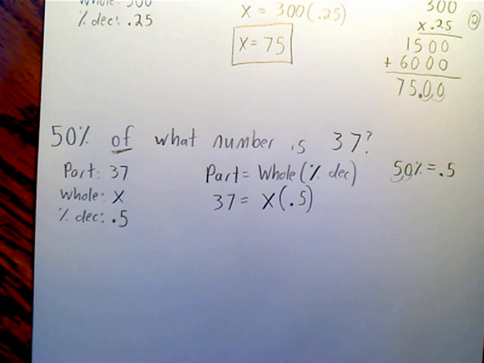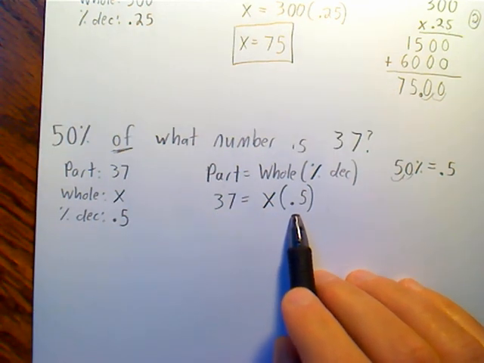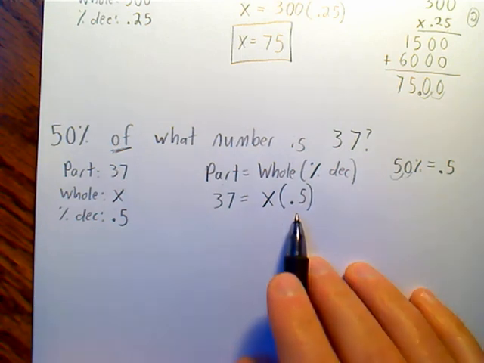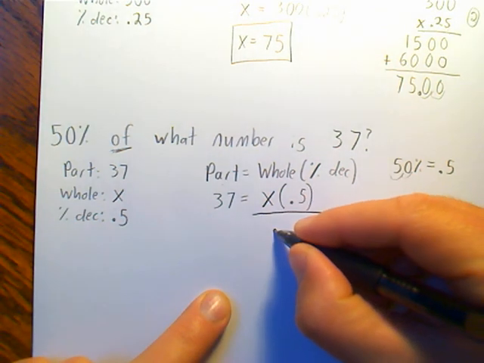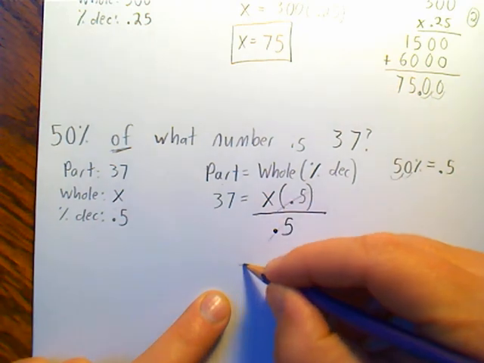Okay. This one's a little bit different than the one we did first, because this one we actually do need to solve for x. We need to isolate x. Right now, x is embedded in that 0.5. It's being multiplied by 0.5. So we need to get x by itself. In order to do that, we need to do the opposite operation of multiplying, which is division. So I'm going to divide this whole thing by 0.5 so that my 0.5s drop out and leave me with